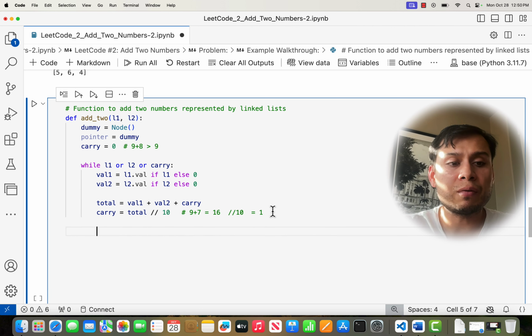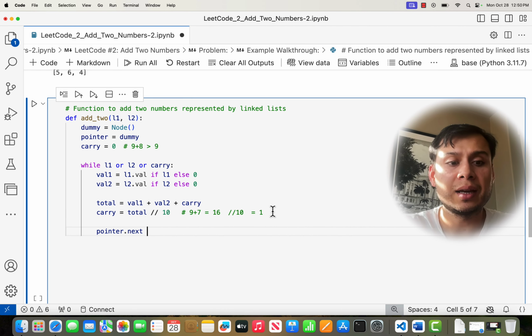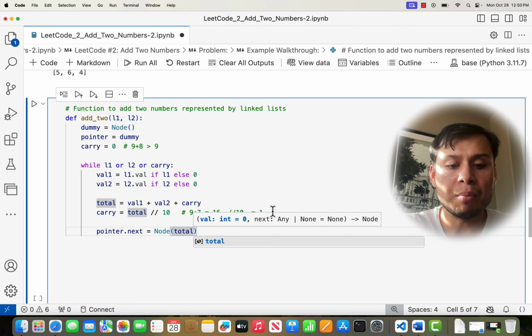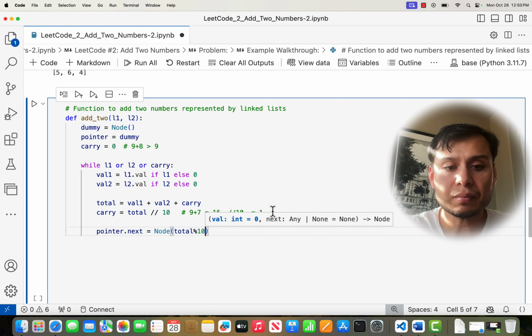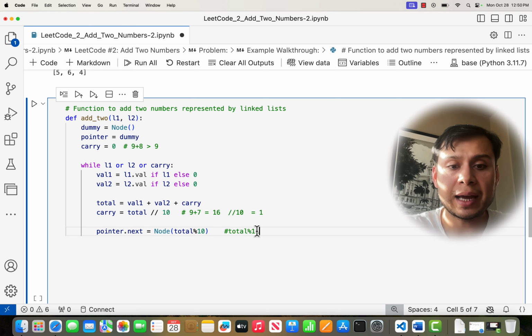So now we're ready to create a new node. So let's do our pointer.next. So that's the next one after the pointer. And then we will create the node with total modulo 10. So what we're doing here is the total modulo 10